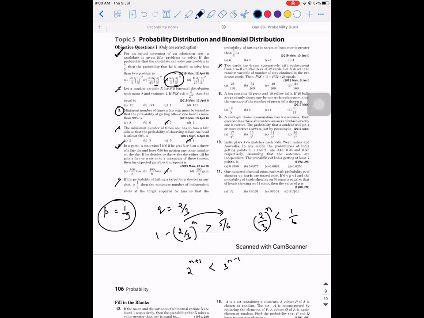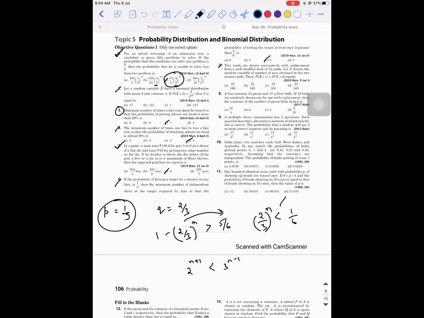Yes, sir. Then how do we calculate the minimum number? You have to take log on both the sides, or we can substitute and see by trial and error. So 5 is working. Try out 6. What is 2 power 7? 2 power 7 is definitely not less than 3 power 5. You can do the trial and error method and see that, or else do it here itself. So 5 is the answer.